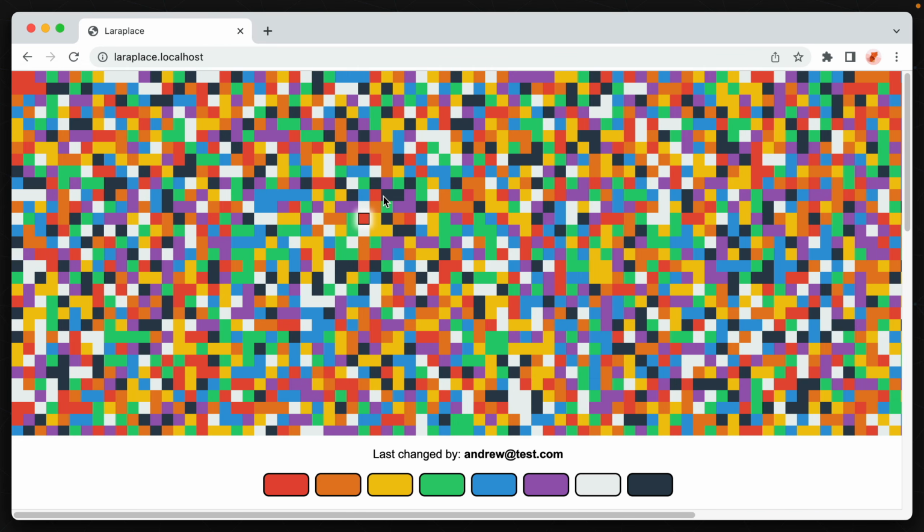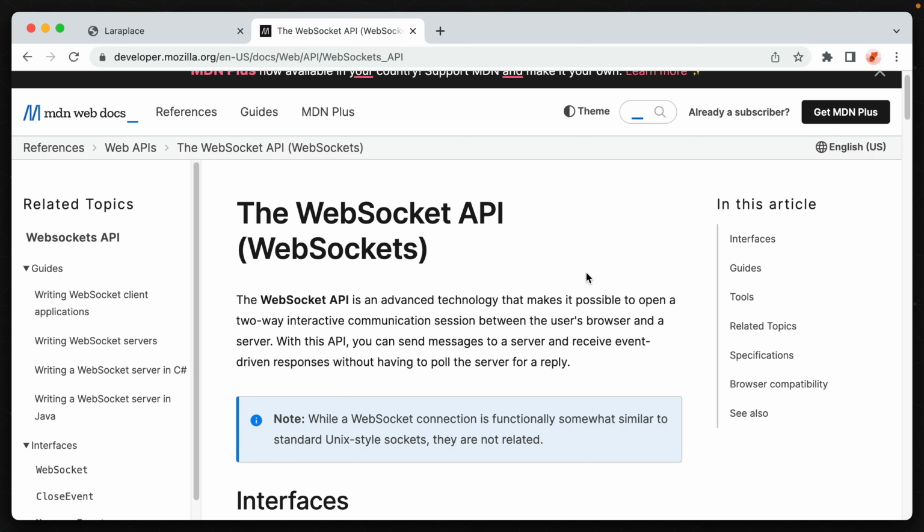But the whole point of our place was a collaborative real-time effort. And if we have to refresh the page if we wanted to see other contributions to the grid, well, it kind of defeats that purpose. And this is where WebSockets comes in. With this, we can essentially open an active communication session between our frontend and backend, allowing for real-time updates. In order to fully do this though, we'll need to add a few things to both the frontend and backend,